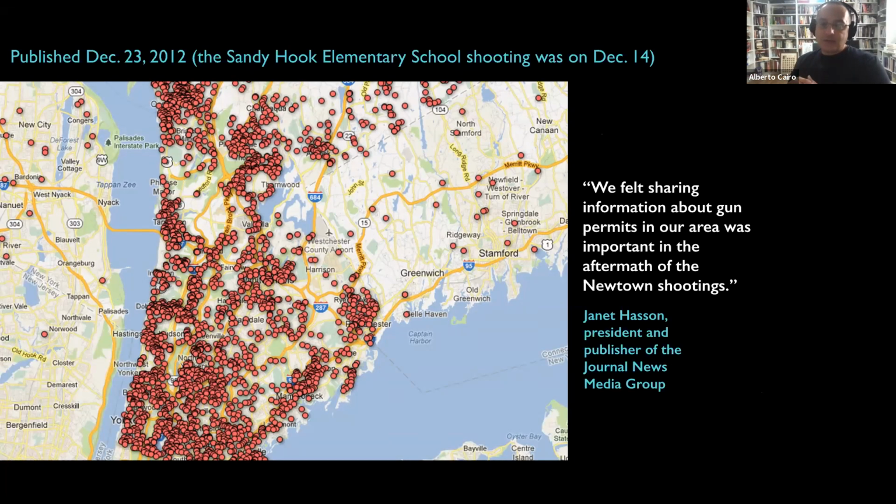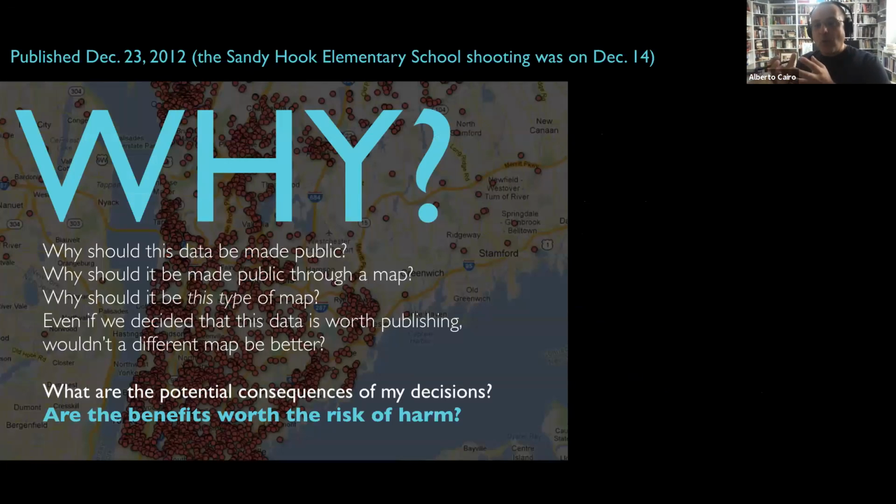Now, I'm not going to get into the details about why I think that this is wrong to publish a map like this, but it's a great example to illustrate this idea of always asking why. Why should I make this available? What purpose does this visualization accomplish? Should this data be made public? And more importantly, if we still believe that the data should be made public, should it be made public this